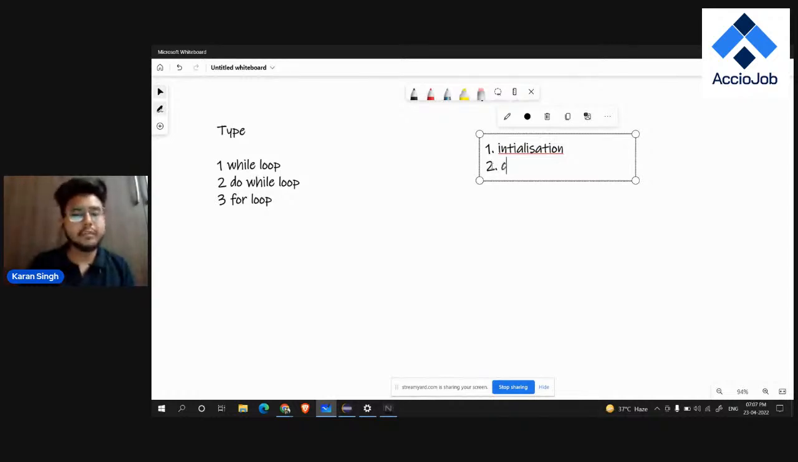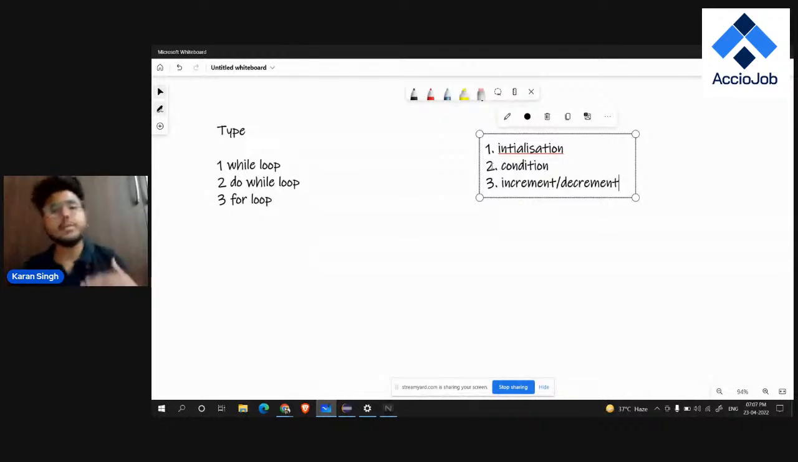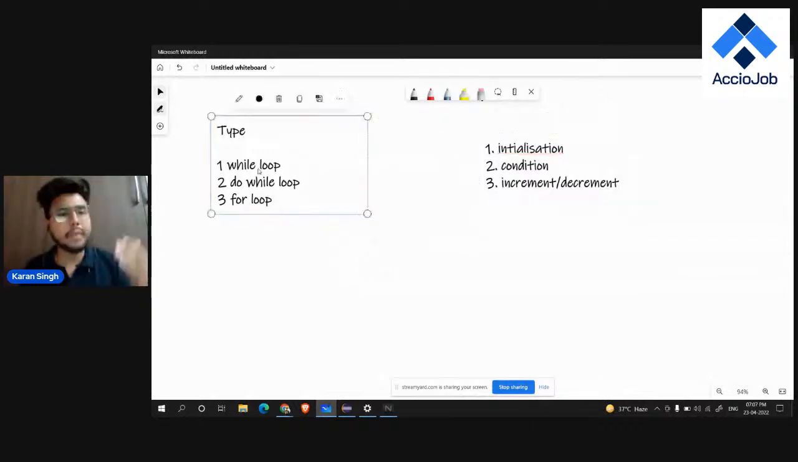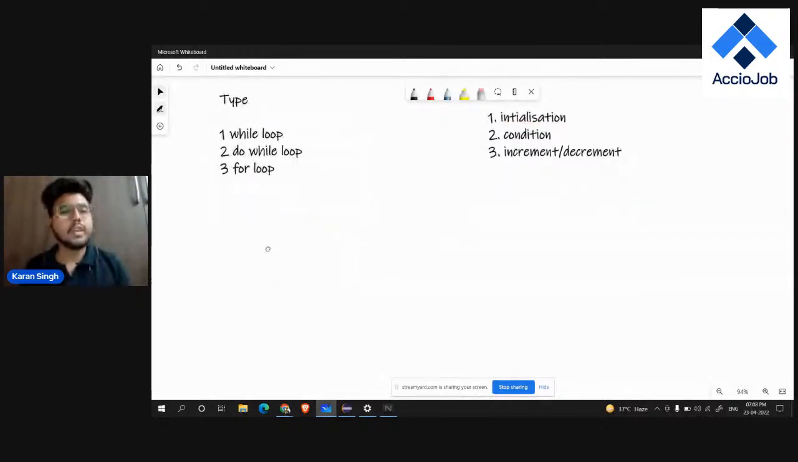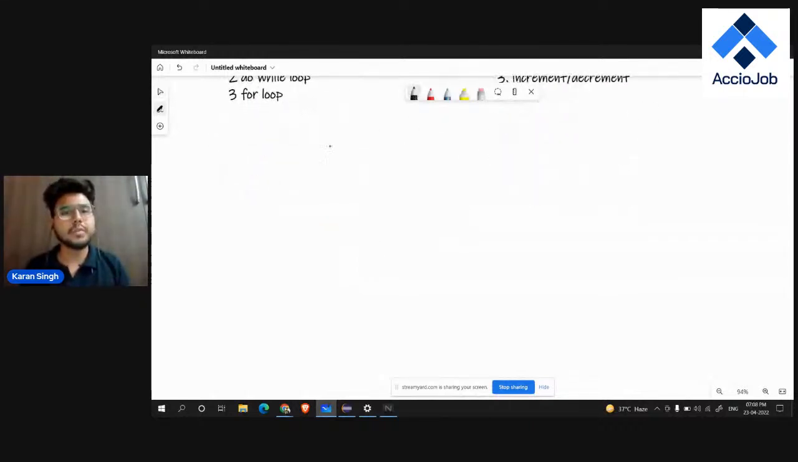After that we need a condition, and the last thing that we need is the increment or decrement. Increment or decrement of what? We'll see how these three things help us implement these three types of loops. So let's talk about the first type of loop that we have,